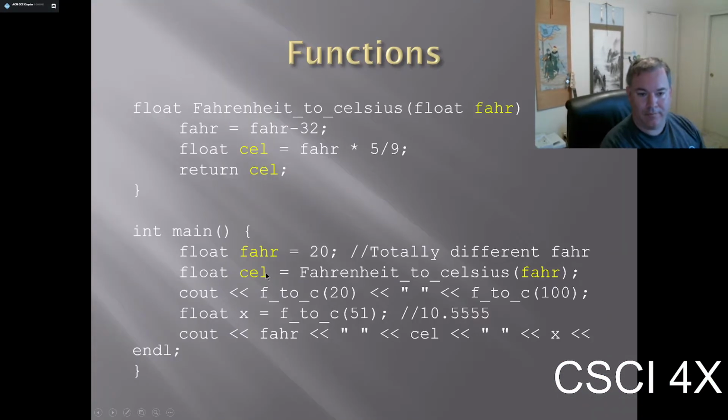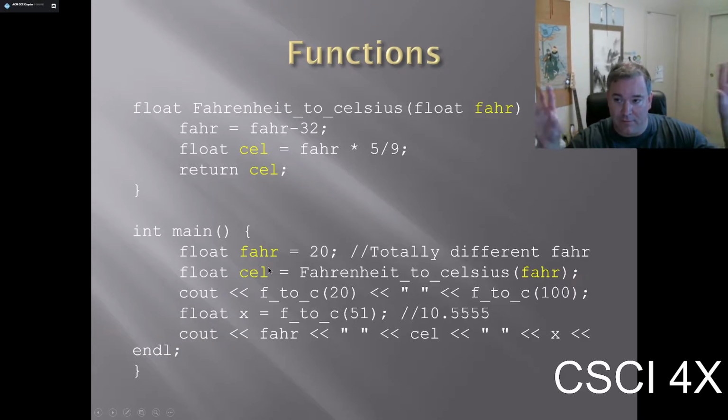So, a lot of the stuff you know already, Fahrenheit to Celsius. One thing to note about this is that the variable far up in a function is a different variable than this here. Variables in different scopes can have the same name. They're different variables. They're not the same thing. This does not make it call by reference, right? If you modify far down here in main,